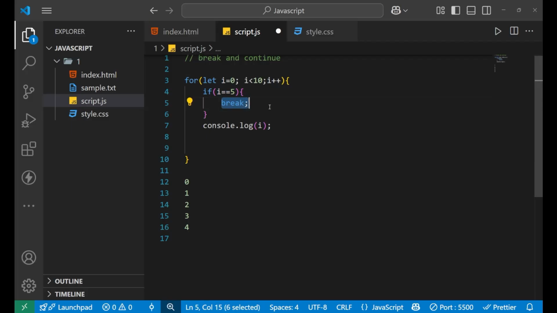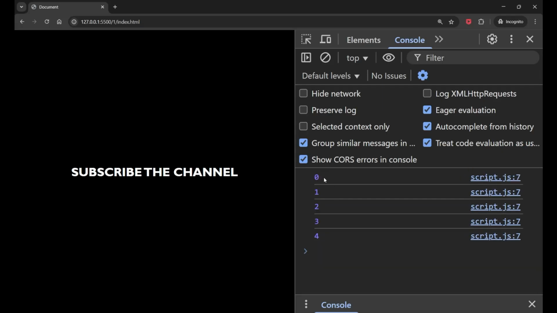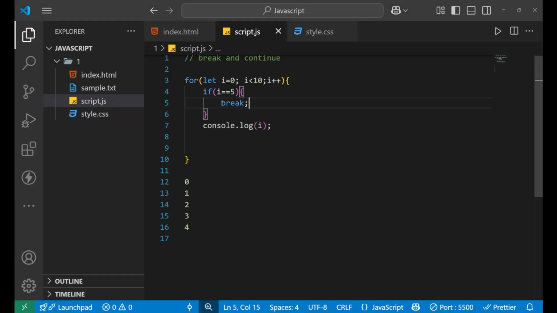Break means it will stop the loop when i equals 5. Let's check. You can see I'm just getting 0 1 2 3 4, but not getting 5 and the further values like earlier. Why did it happen? Because your break statement has stopped the loop. So this is how break works.